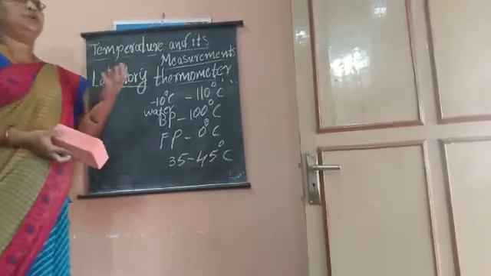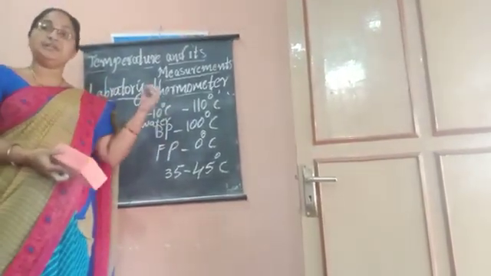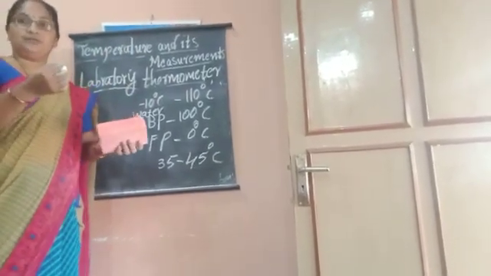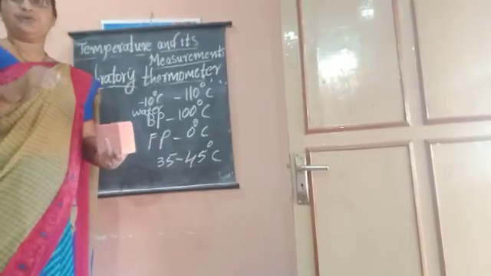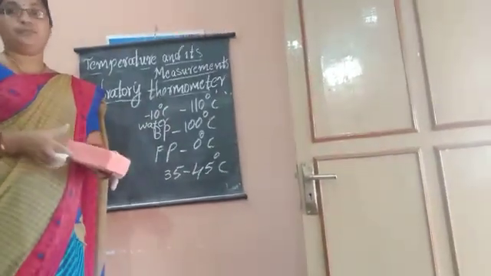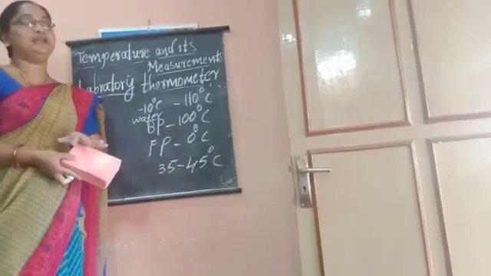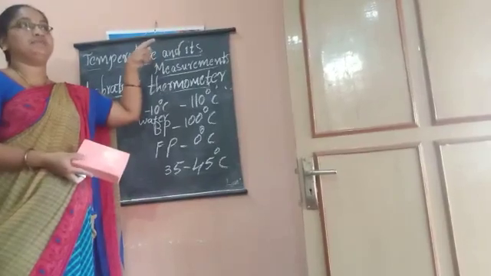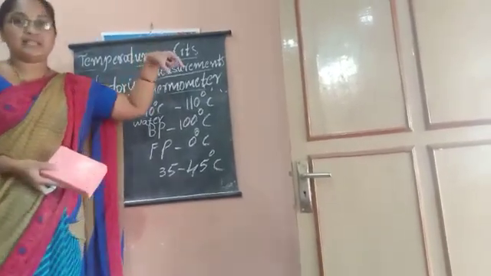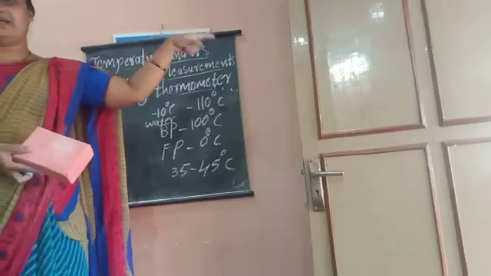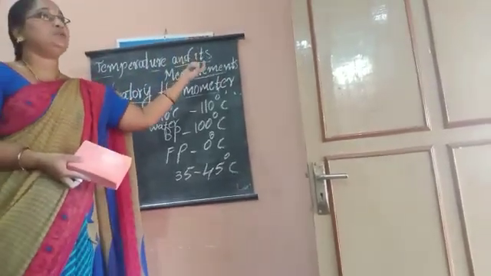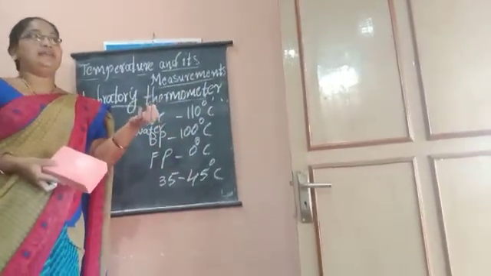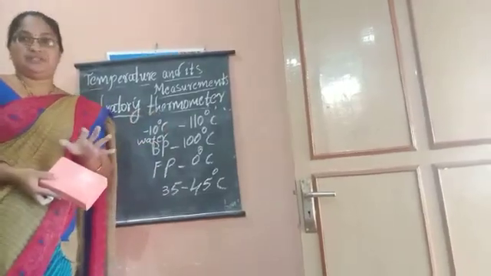Okay, how to measure? To whichever liquid you are going to measure the temperature, immerse this laboratory thermometer in that liquid vertically, and you must take care that the bulb should not touch the walls and bottom of the container. The mercury level starts to rise, and at a particular point it will become steady. While the thermometer is in the liquid itself, you must take down the measurement. If you take it out, it may fall down. The mercury level may go down and you may not get the accurate measurement.